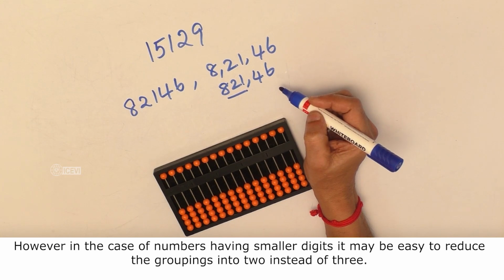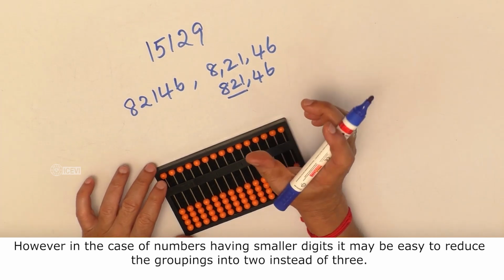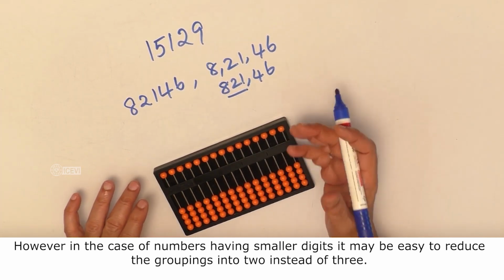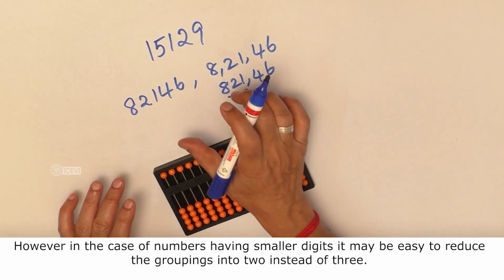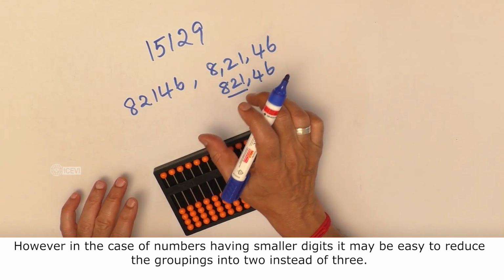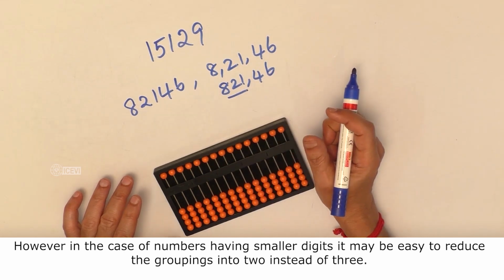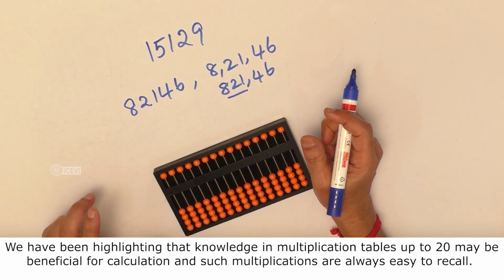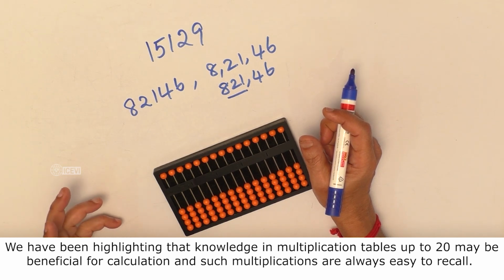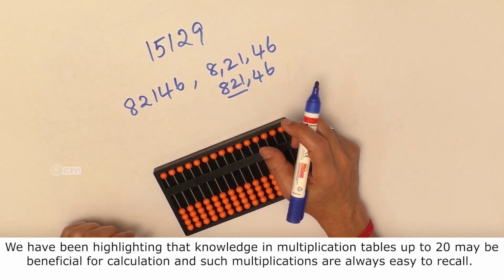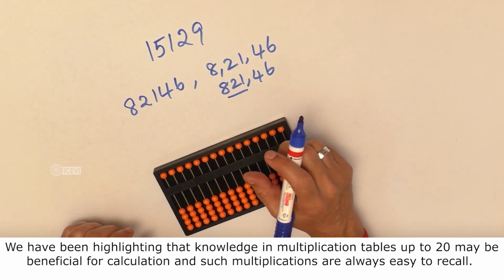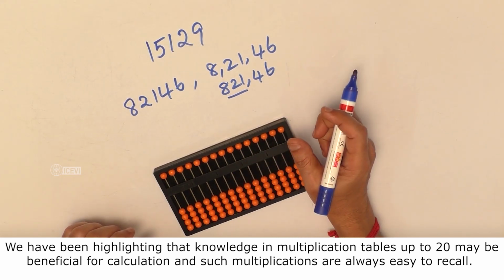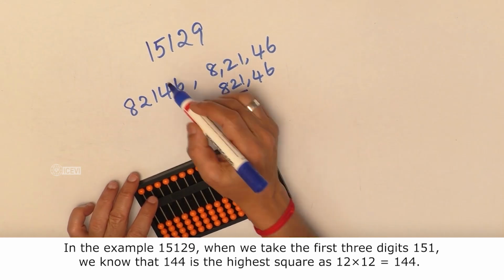However, in the case of numbers having smaller digits, it may be easy to reduce the groupings into 2 instead of 3. We have been highlighting that knowledge in multiplication tables up to 20 may be beneficial for calculation, and such multiplications are always easy to recall. In the example